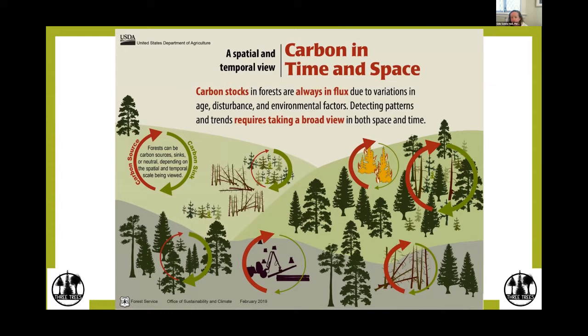So as we know, forests and carbon are always in flux. There's always growth and there's always release upon combustion, decay. The difference can be very variable. You can either have more growth than you have release, or vice versa. So for example, an old growth forest that does not have any disturbance has a negligible flux. So there's a lot of carbon that's stored there, but in any given year, there's not a whole lot of exchange with the atmosphere.